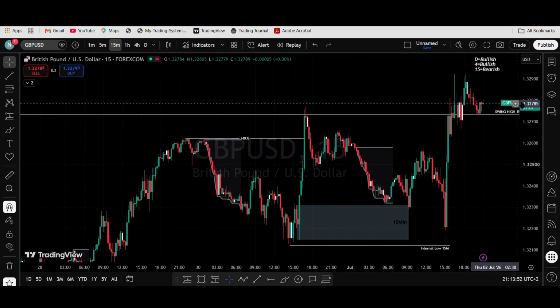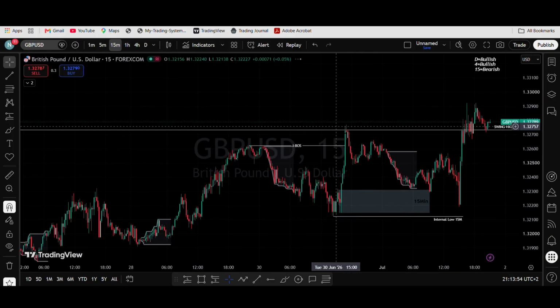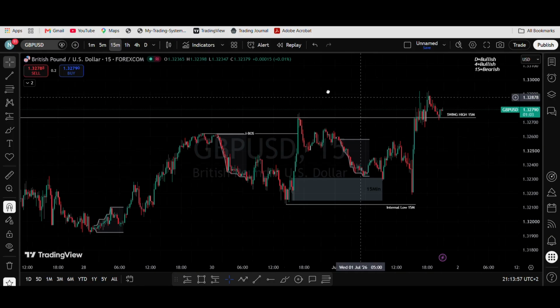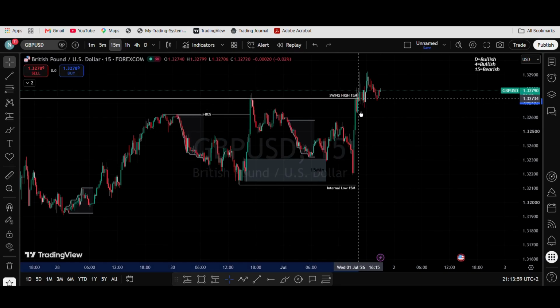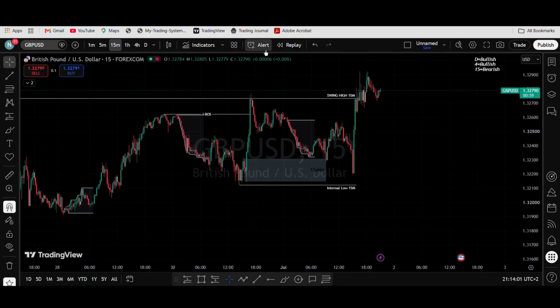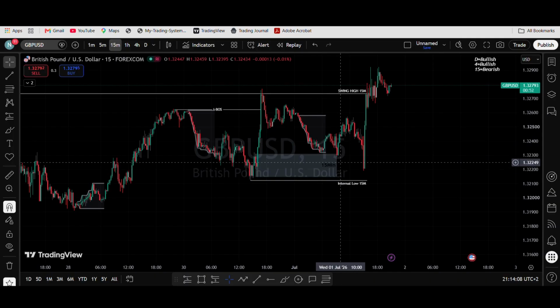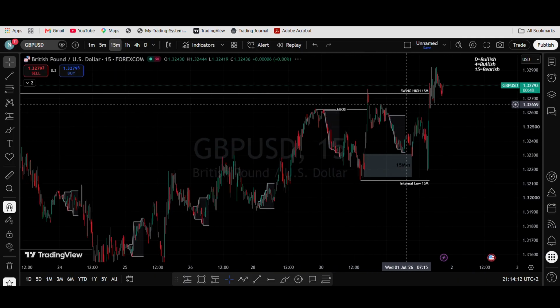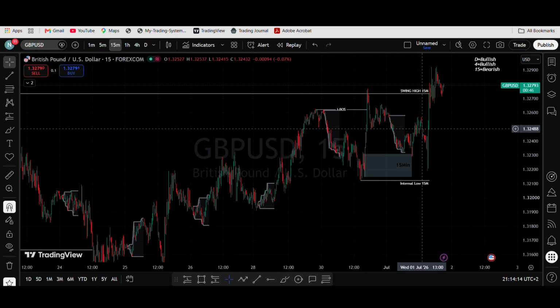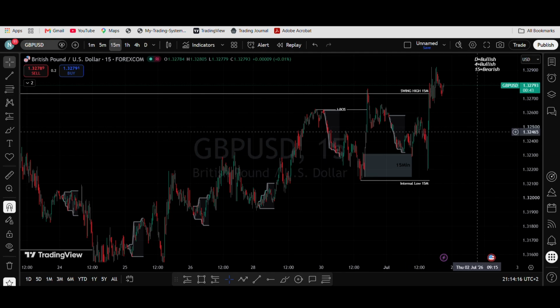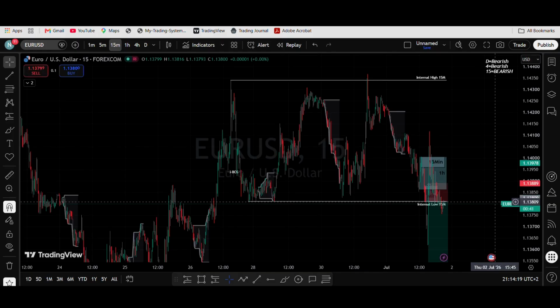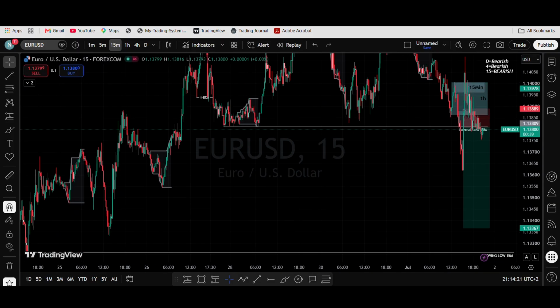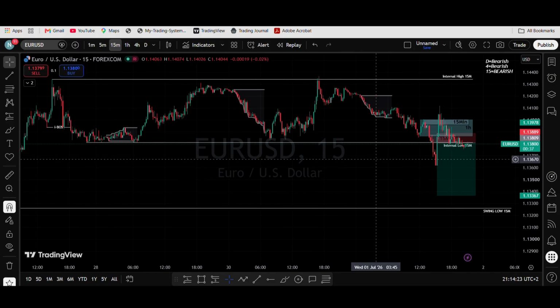GU, I was looking for sells. Of course, we had the sweep of the M15 swing high, as it has broken now. Before, we did have the sweep on the right, so obviously I was looking for sells in here. Came into this M15 zone. I'm not interested in buys as of now, as we're coming into the strong swing high, and then it just shot up. Same with Euro USD, which then ends up with me taking a loss.